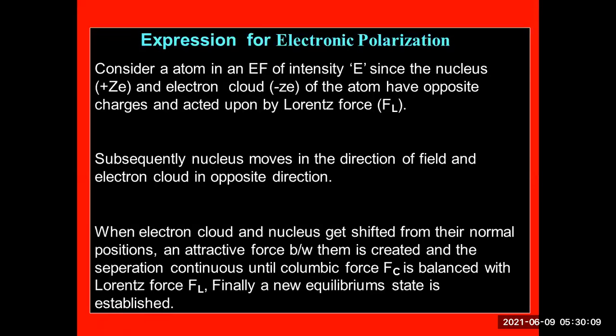As we have moved forward, we just discussed the expression of electronic polarization. We have to get the exact expression for how to calculate the electronic polarizability of monoatomic gases, or solids like diamond and phosphorus. In order to get an expression, we consider a dielectric atom placed in an electric field. The charge of the nucleus is considered to be plus Ze, and the electron cloud is considered to have the charge minus Ze, and the force which is acting on this